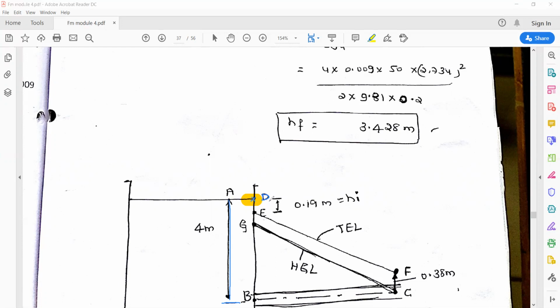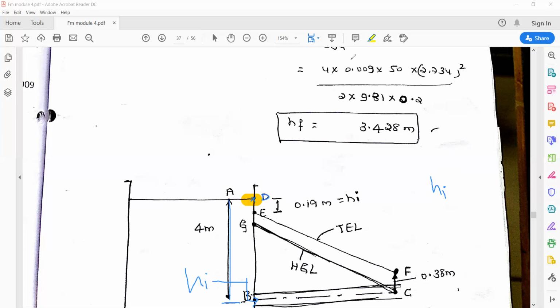All right. Now you need to consider the losses. What is the first loss? Fluid is entering the pipe from the tank. While entering, there will be a loss. What is that loss called? Head loss at the inlet, HI. So when the fluid enters from the tank to the pipe, there will be head loss HI, and because of that HI the total head reduces.